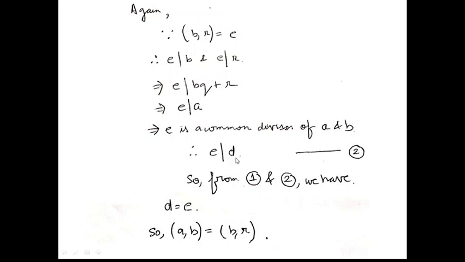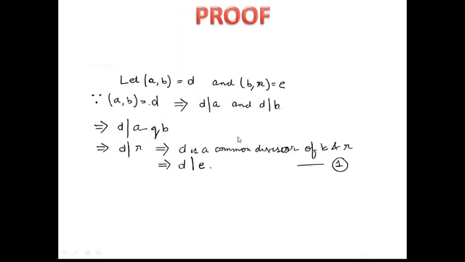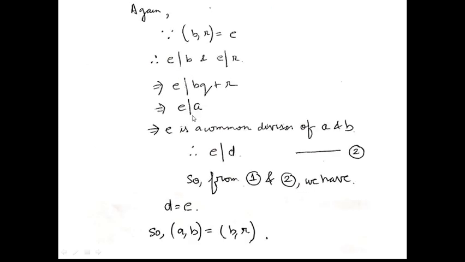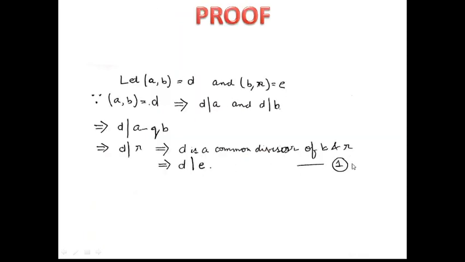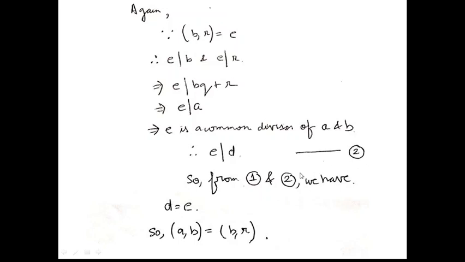Therefore, E divides D. Now, what is D? D is the GCD of A and B. E is a common divisor of A and B, and the highest common divisor of A and B, that is the GCD of A and B, is D. So E must divide D. So we have this equation 2. D divides E was equation 1, E divides D was equation 2. From 1 and 2 we have D equals E, and hence we have proved our